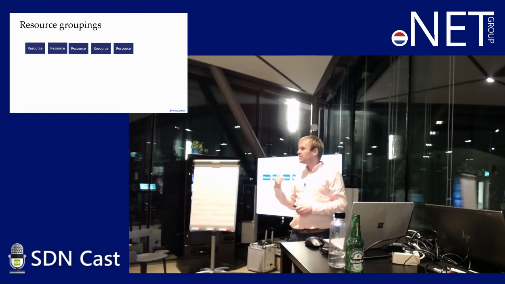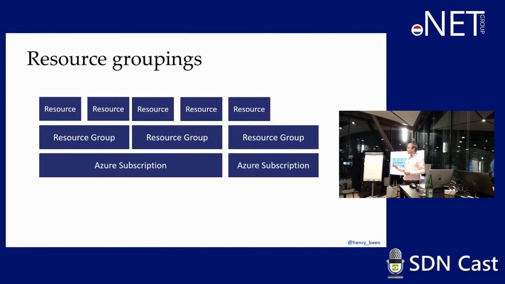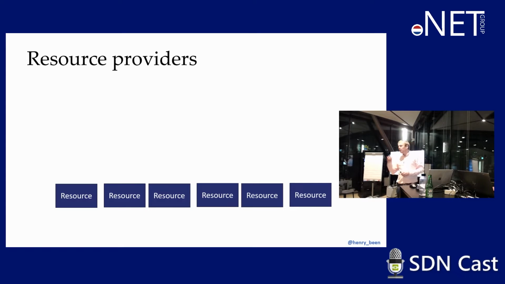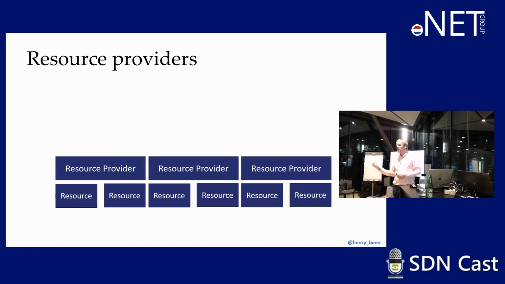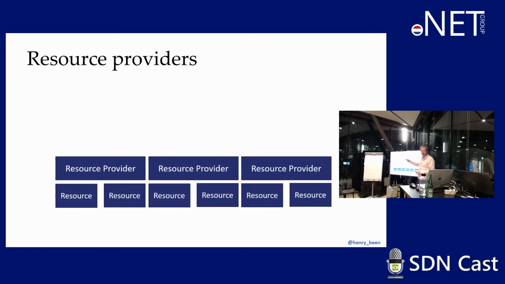Continuing the recap. In Azure we have resources. They can be grouped in resource groups, which in turn can be grouped into subscriptions, which is where the credit card lives. And those things can be grouped into management groups, into management groups, into management groups, 6 layers deep. Another way of looking at the grouping of our resources is by the resource provider. This is like a logical group, for example, of all the resources that I need for one application or application component. Here I have another grouping of resources by what they are. For example, all SQL databases or all virtual machines. They are all governed by a small